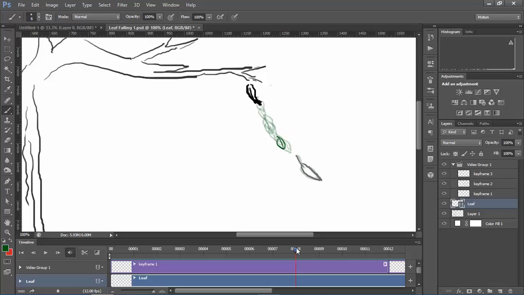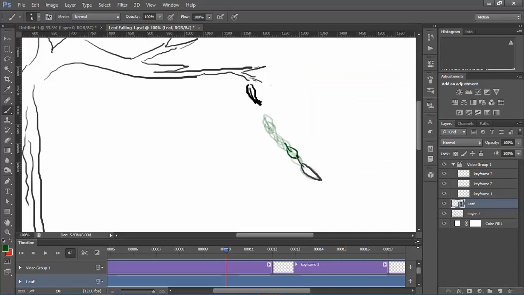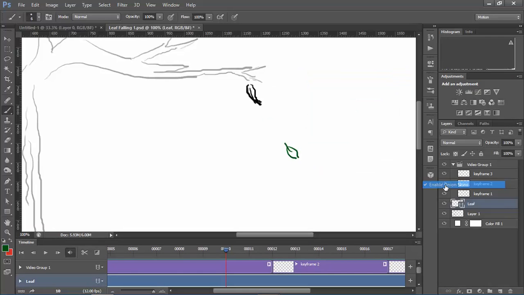Alright. And 9 is there. And then 10 and 11 to there, to 12. So that zooms in a little bit more. Right. So there we go with that. And if we were to play this in the beginning, let's turn off onion skins for a minute. Just go here, enable onion skins. And let's turn off this video, that layer. If we were to go back to the beginning and play it,